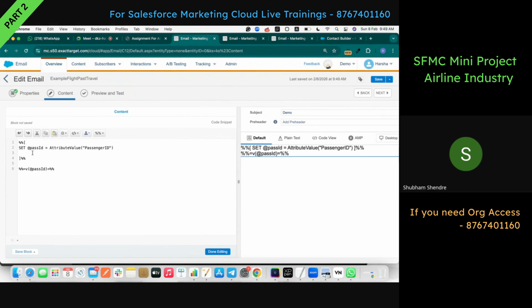Now, with the help of LookupRows, I will get all the bookings rows. So I'll create one variable, set @bookingRows equal to, and I will use the LookupRows function. Now to get the LookupRows,